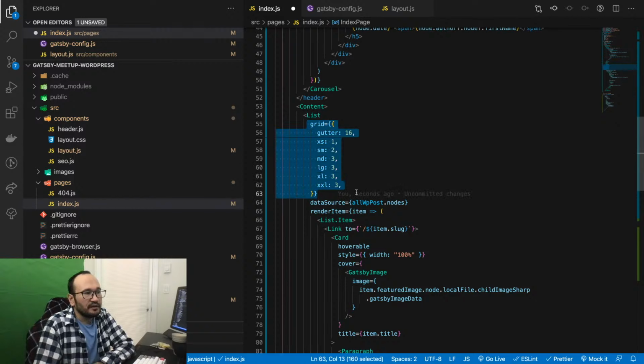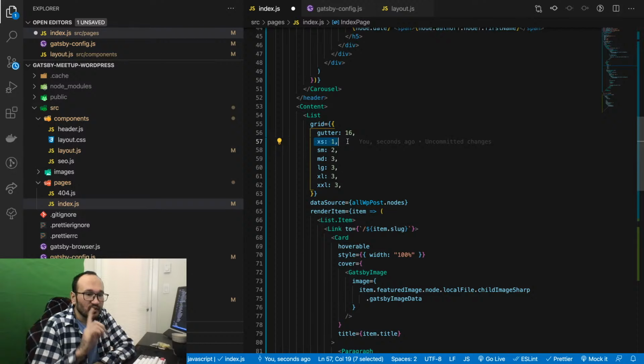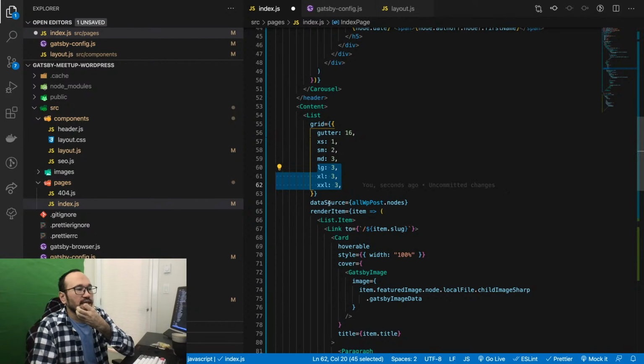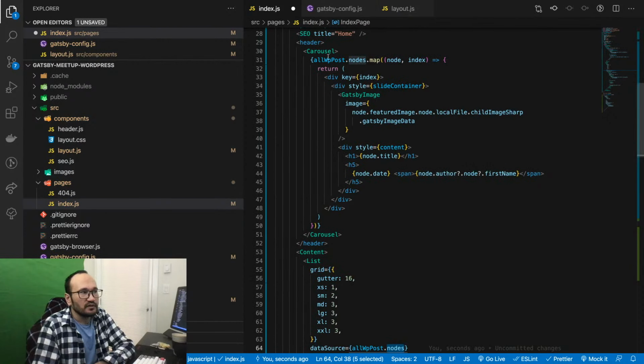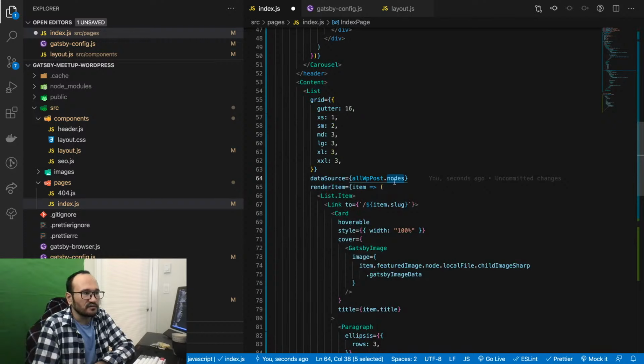For responsive, on a small device it shows one card, one item. If it's a bigger mobile like an iPhone, it shows 2 in a row. If it's a medium size like a tablet, it shows 3, and so on. And then data source is the array of data we want to show, which here is allWpPosts.nodes. So that's what it is.